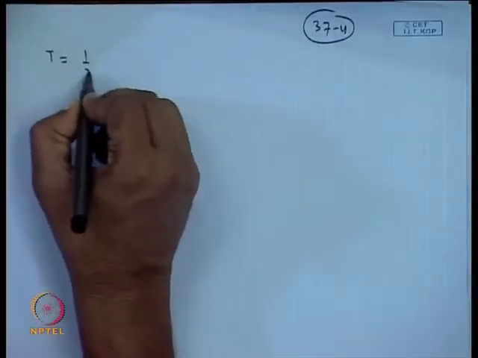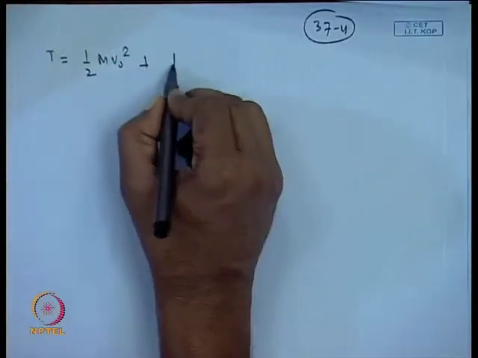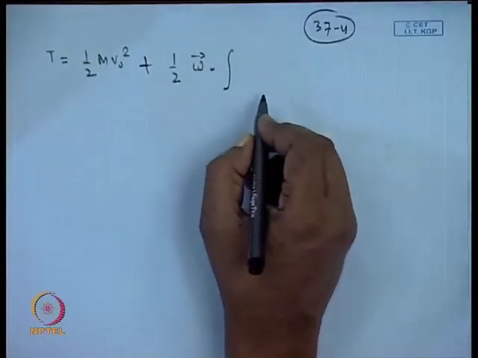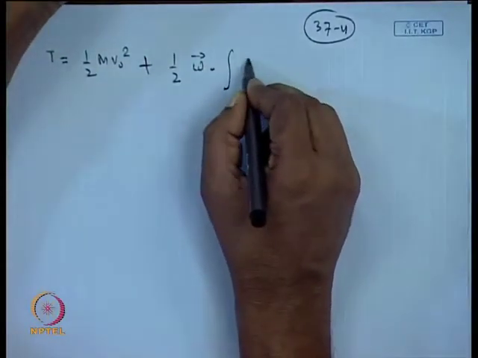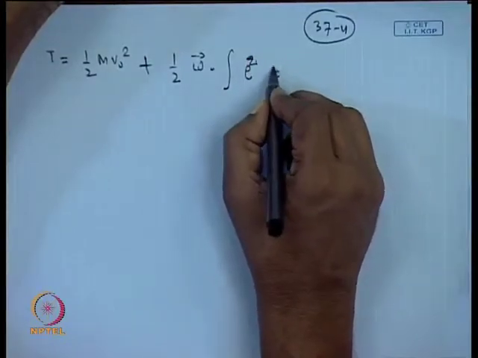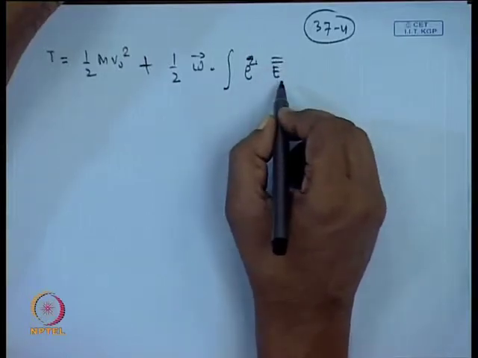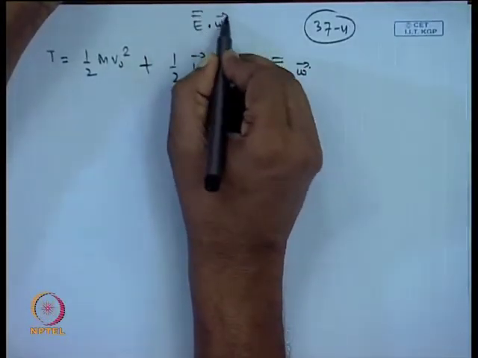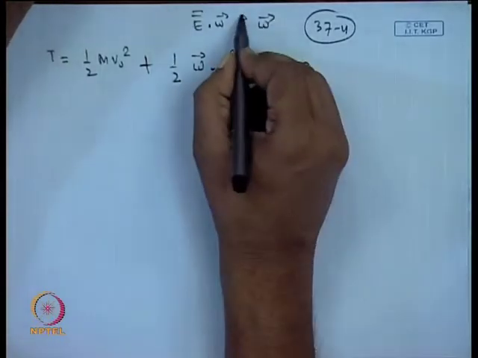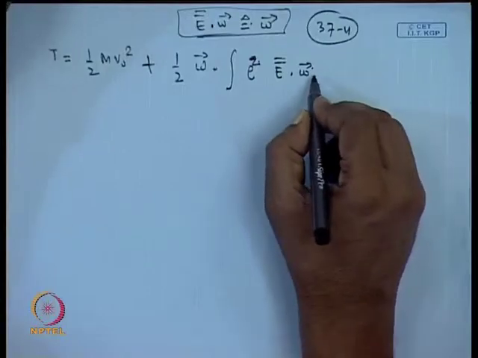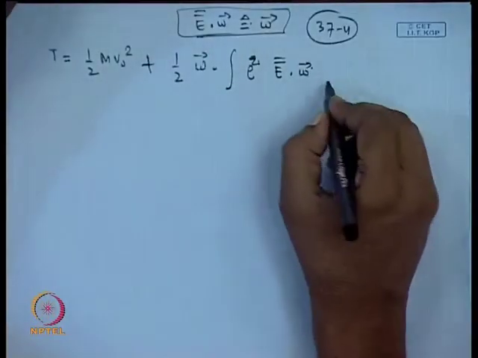So, further working on this equation, we can write T equal to 1/2 m v0 square plus 1/2 omega dot, and inside the integration. Now, if you remember, any vector can be written in terms of a unit dyadic. So, our unit dyadic we wrote as E double bar. So, E double bar dot omega is nothing but equal to omega. Okay, this is identically equal to omega. So, therefore,